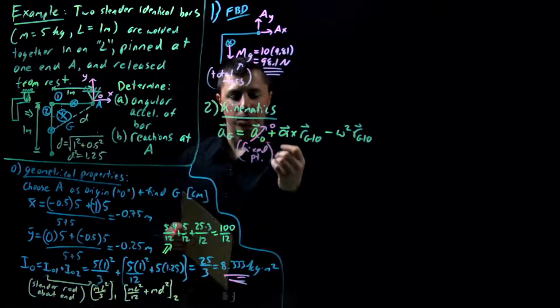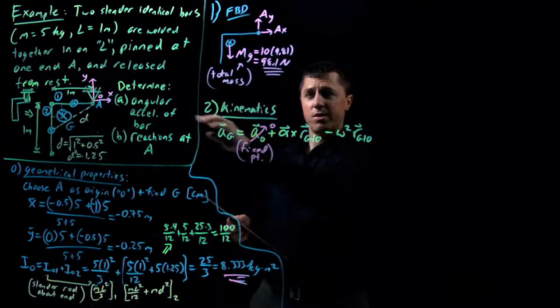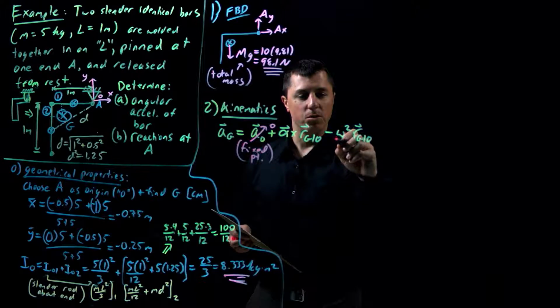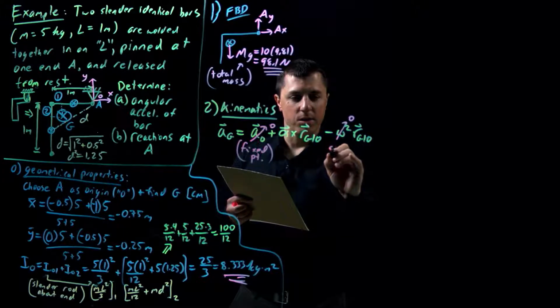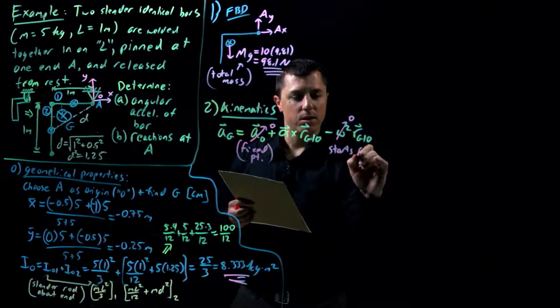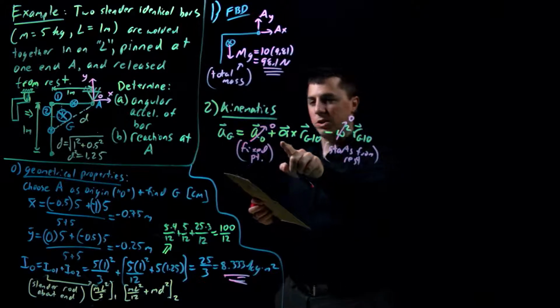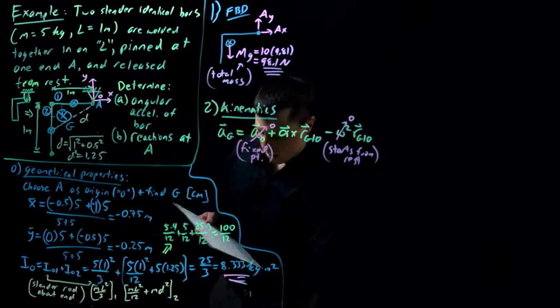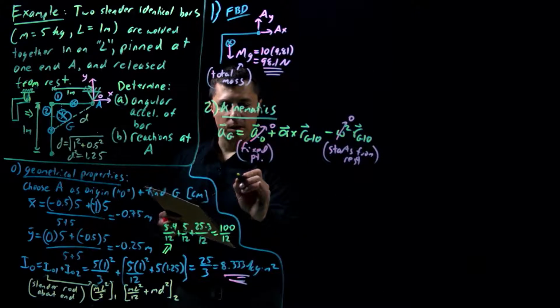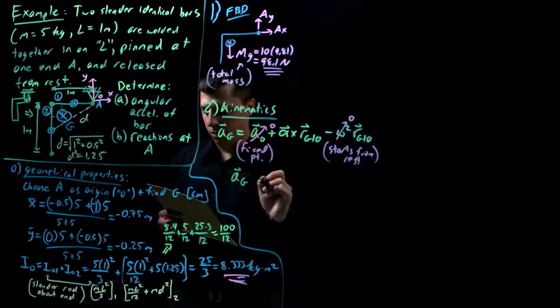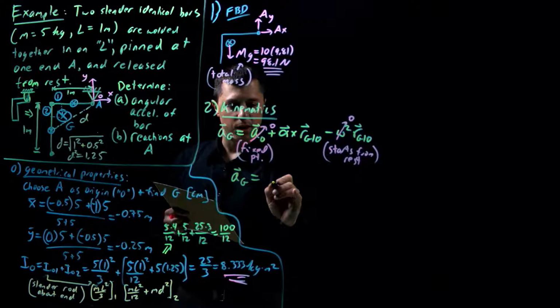All right, it's pinned. And then the other thing is it's at this snapshot that we need the angular acceleration. So right now this is 0. It starts from rest, so it's not rotating right now. It's about to rotate because there's going to be a non-zero acceleration. So this is the only term that's non-zero. Then we have our acceleration of point G equals alpha k hat